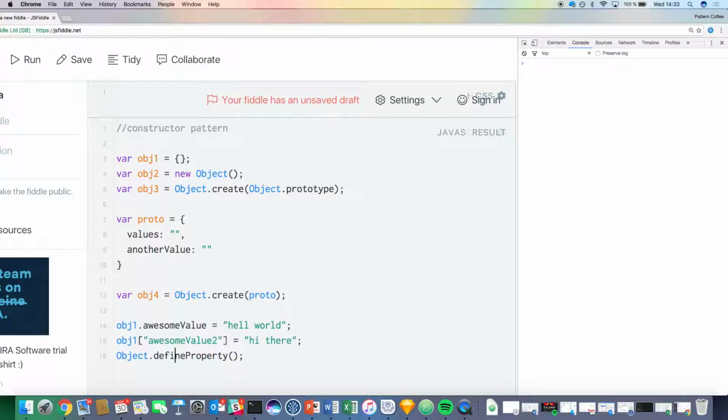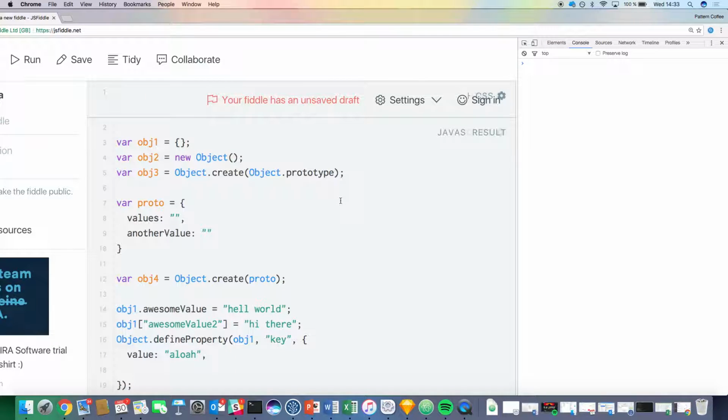So we're using Object.defineProperty, and then we would type in the object in which you would create it. Then you would type in the key of that you want to create, and then you would create the value. The value is something like this. And then there are other attributes you can assign into, for example,